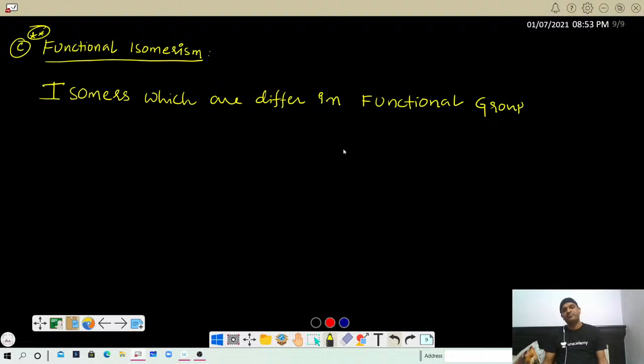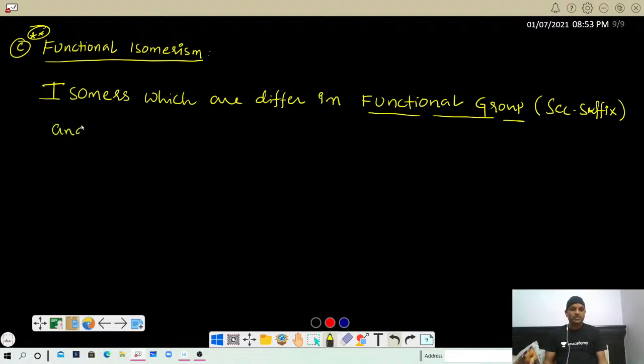That means, what is a functional group? How do we indicate it in the IUPAC system? Functional group means the secondary suffix. Isomers which differ in functional group,